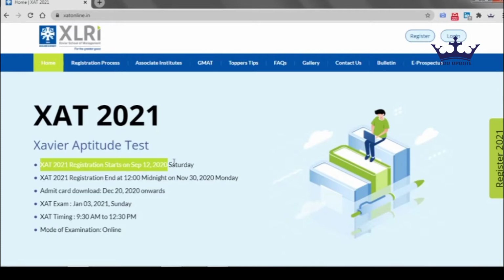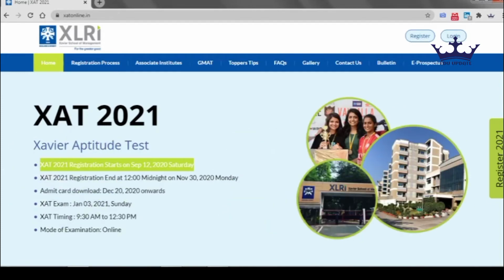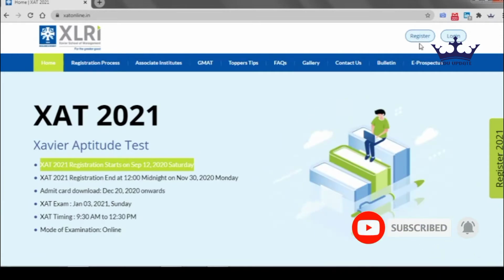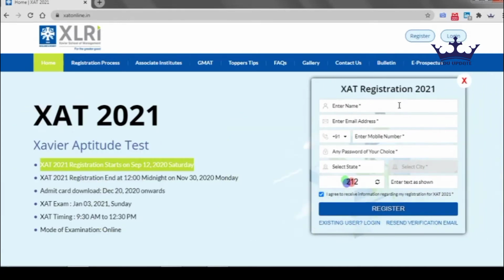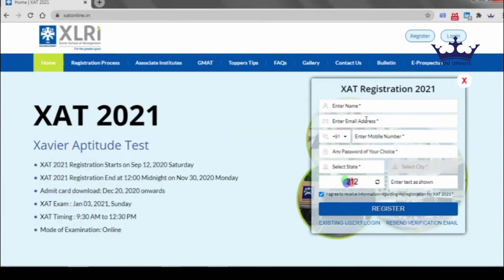So moving towards the JET application form, here we can see I have opened the JET application 2021, where you will find two options: login and register. Hoping you guys are first time users, you just need to register first, and after that you need to log in again, and you have to fill the complete application form. So before this, for the registration, on clicking on register, you will get a pop-up message